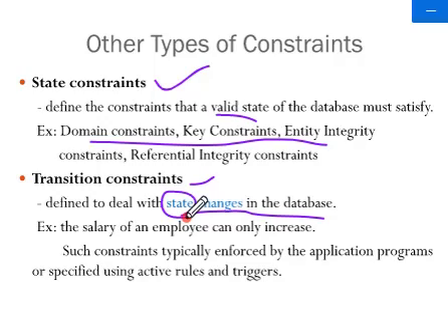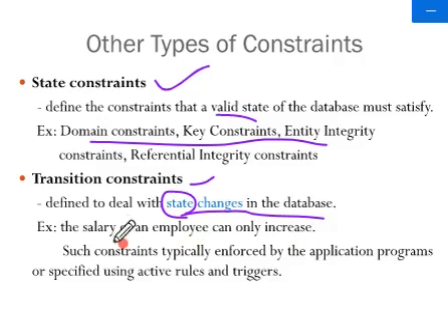That means state change: after every semester the students will be promoted. Initially when he has been admitted to the college, he will be in first semester, then he will be promoted to second semester, then third, fourth, fifth, sixth, seventh, eighth, like that. So that kind of constraint we have to promote. Once the student has passed the subjects and does not have more than 5 backlogs in that particular academic year, then he is eligible for the next semester. Yes or no? Next academic year, like that. He or she will be promoted to the next semester.